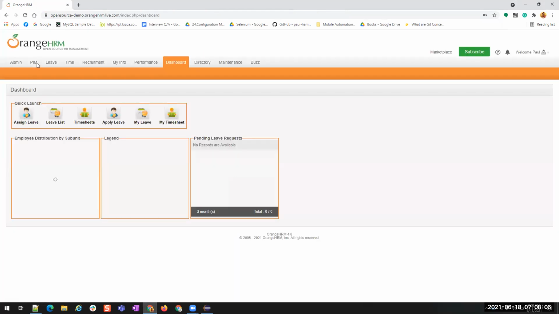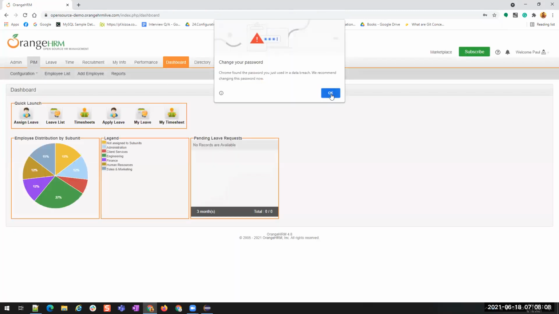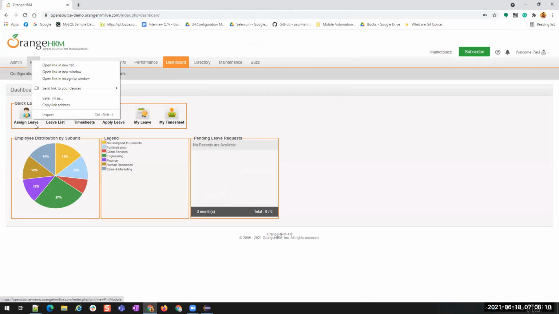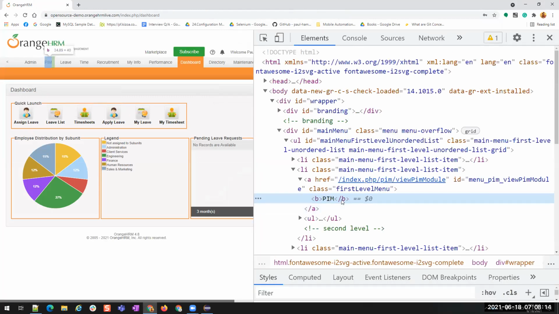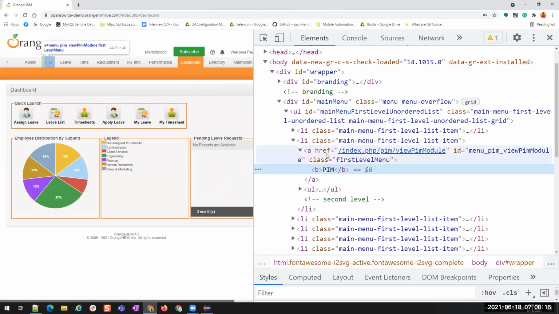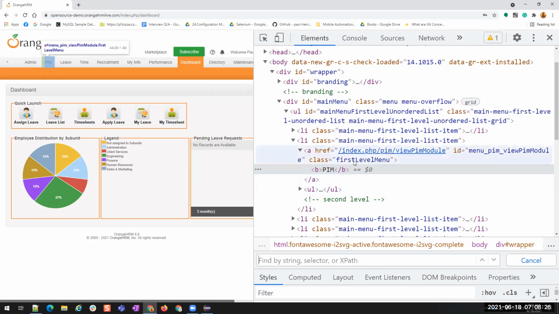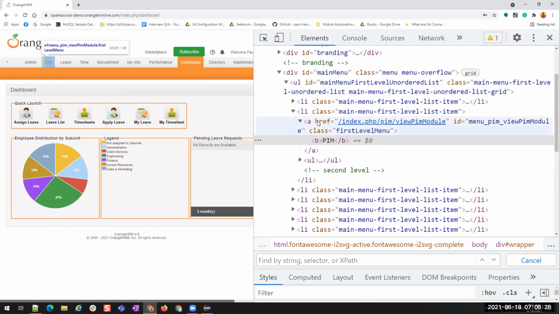I'm logging in and then we'll see this. Inspect. Did we discuss this yesterday? PIM is inside a tag. Yeah, I think we did. If it is not directly inside a tag, it is inside some B tag. We created our own separate tag and we tried, right?